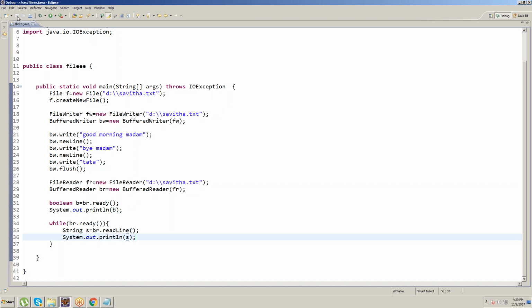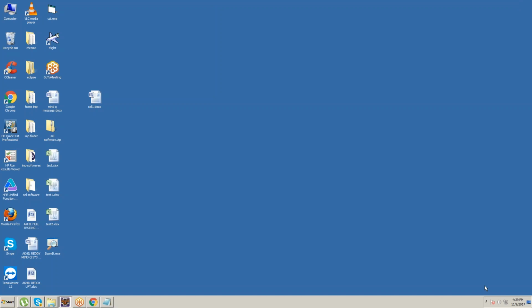Okay, the concept is over. We can write the data and get the data through code only. Through code only, we can create a file, write the data into the file, and get the data from the file. That is the concept of dynamic handling of the file system. Any doubts, madam, up to now? Today's next concept name is